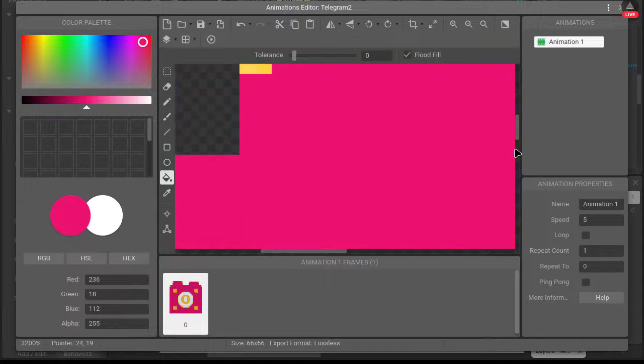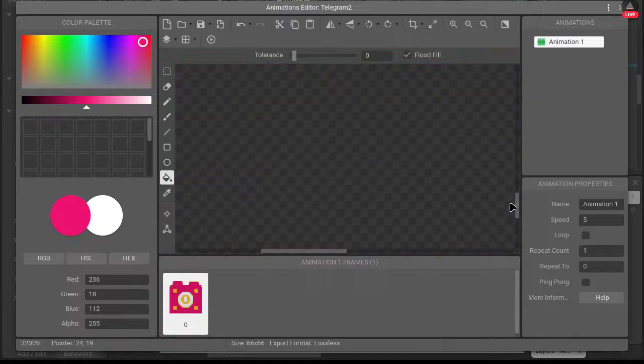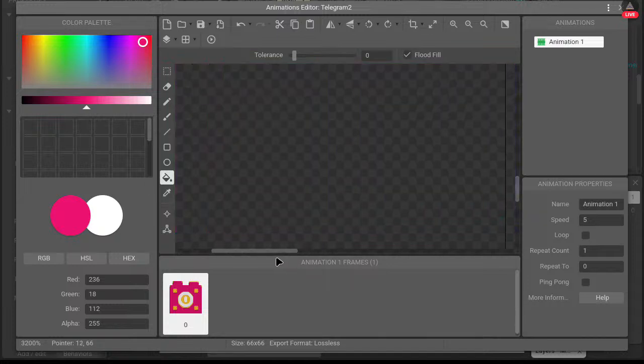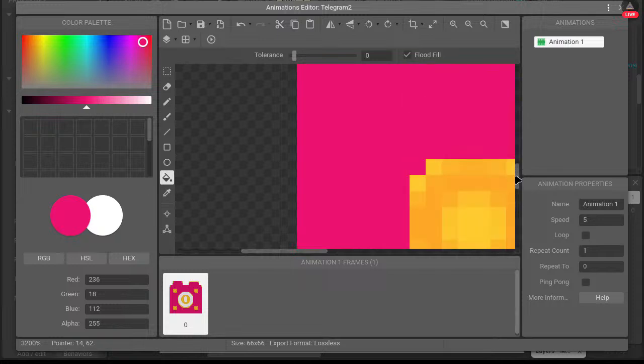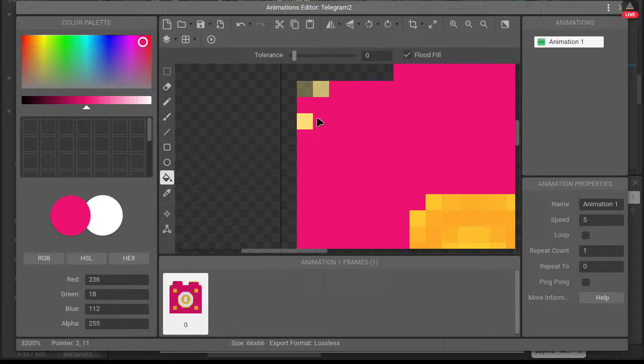Alright. Yeah, see what I mean by performance issues? It's mainly when you edit sprites that the performance issue is there.